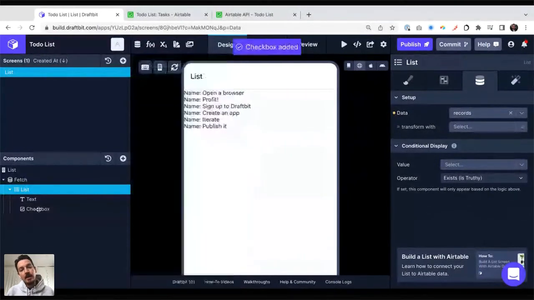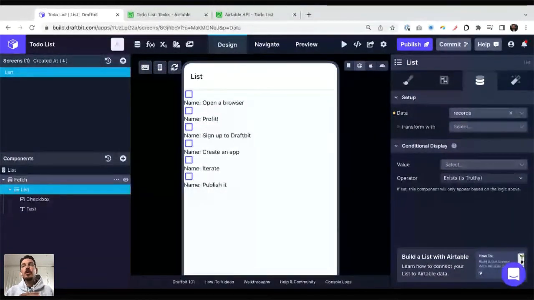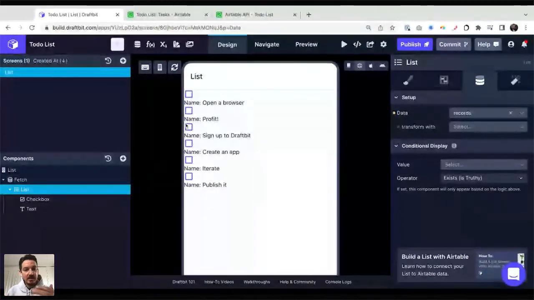And also, you're starting to notice, I don't know how much time and effort I put into it, but I want to do a little bit of design. I want things to look a little nicer. So you can see already now I have my checkbox and I have my text underneath. Well, I kind of want them to be on the same line.